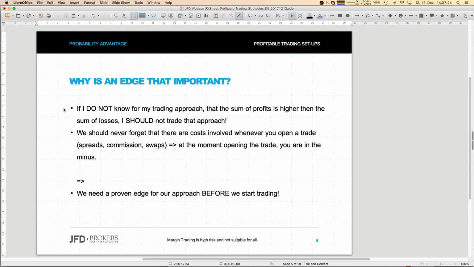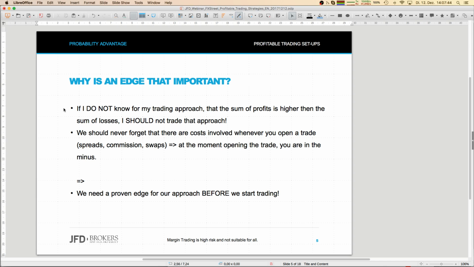Because sometimes you see people showing you results, but they have not been really derived including those costs. So you might see a good track record in an Excel sheet or a back test in an MT4, for example, showing good results. But you have always to ask, is that guy really including spreads, commissions and swaps? And only if you do that, you get the real results